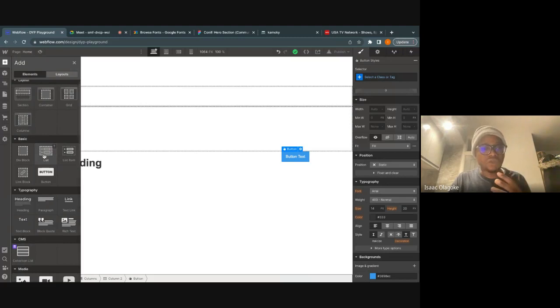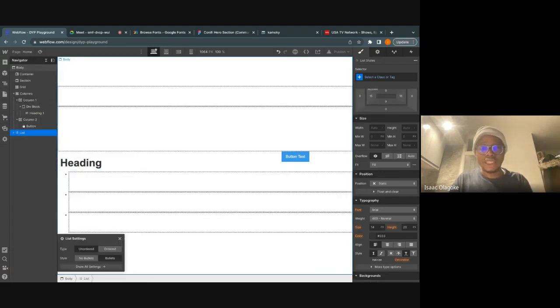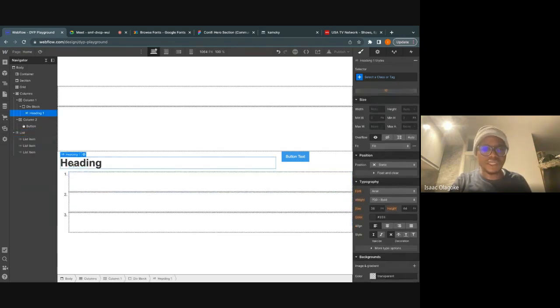So we have the layouts, we have the basic div block I've already talked about, then the list. The list is, say you want to list an item. Ordered listing is when you have a particular sequence, 1, 2, 3, 4, 5, 6, and then on the other you have bullet points, and you can style it with bullet or no bullet depending on how you want it. So if you want to put something here, let me drag this header that I have here, for example. I can just bring this header here,